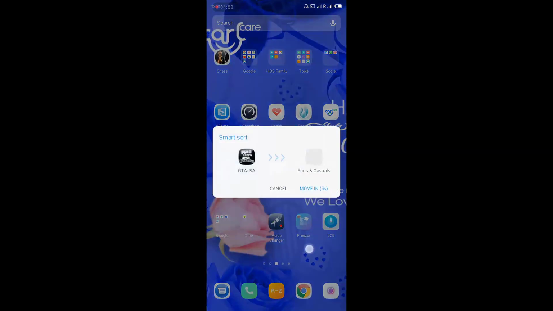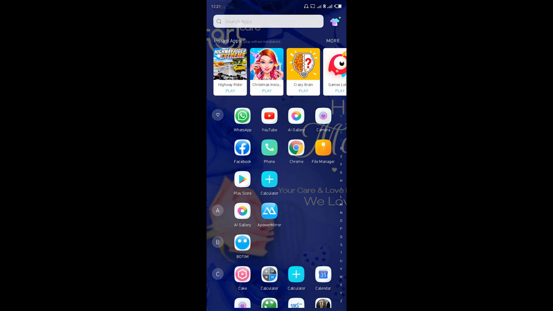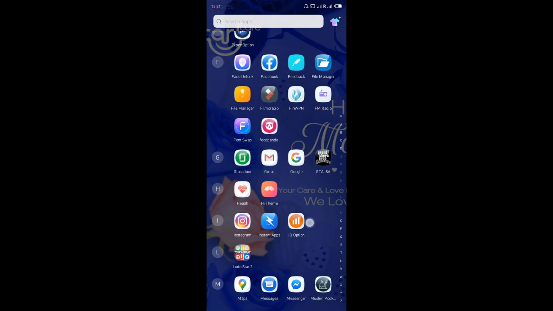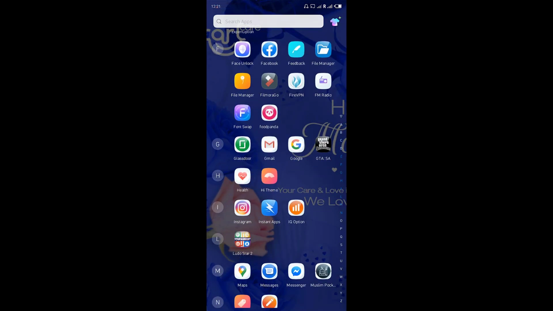Now friends, GTA San Andreas is installed on our Android. Here is the icon, and make sure your internet connection is disabled when you open this game for the first time.